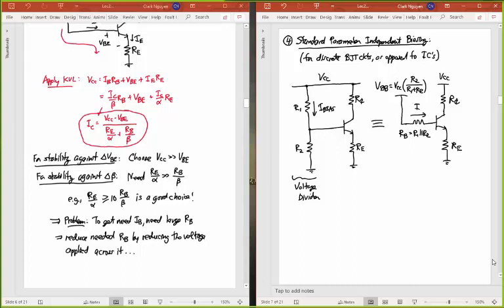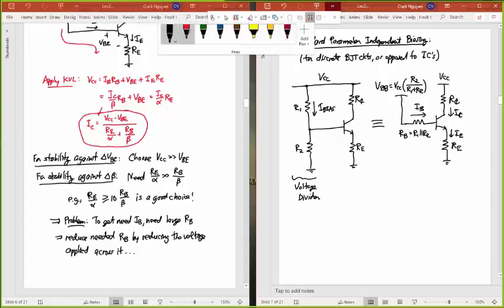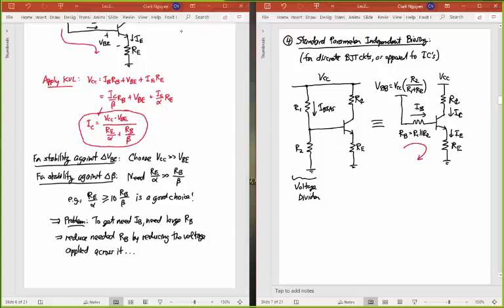And that's my base current. That's my collector current. And that would be my emitter current. And so if I do the same thing, this is the same circuit as before, right? And so all I would do is apply KVL again here. Kirchhoff's voltage law. And if I do that, I'm going to get a collector current